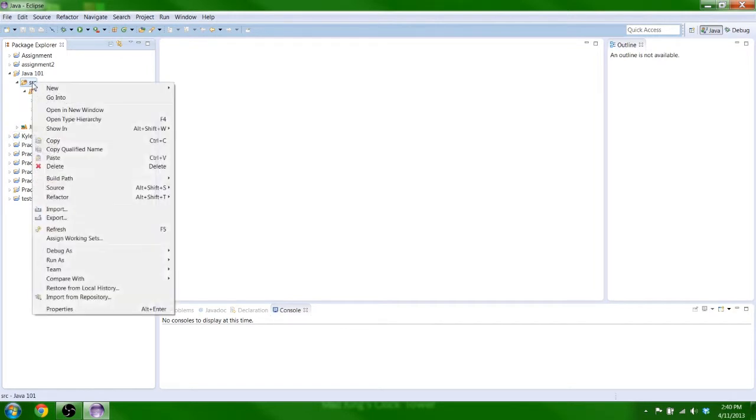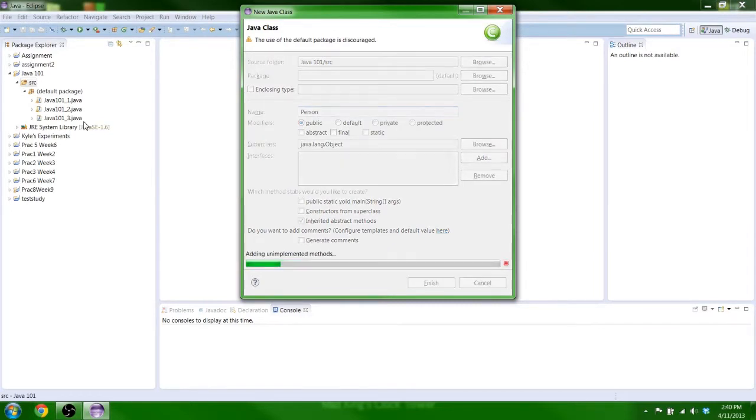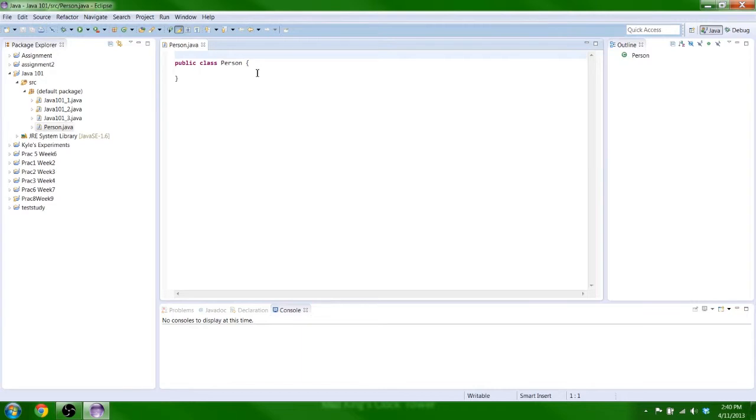So to make a new class, we're going to go New, Class. Now we're going to call it Person. The other classes we have our main in, like Java 101, are fine like that because we're not actually creating a class. Because we're actually creating a class, the name of the file must match the name of the class. Otherwise it doesn't work. So here we go, we've got public class Person,